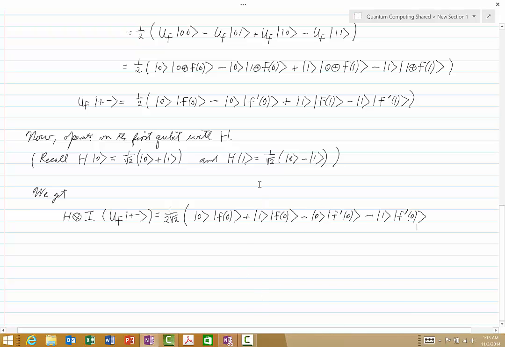And now when we operate on this qubit with H, we will get plus 0 F of 1, and now remember that H of 1 has a minus sign here, so we'll get minus 1 F of 1,